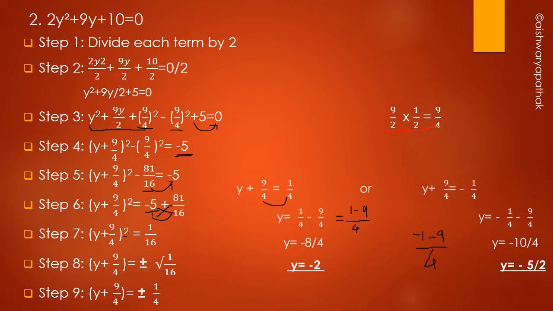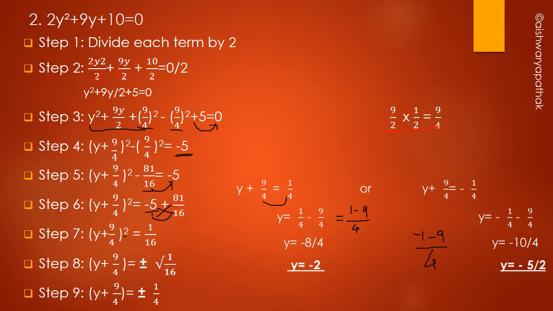So whatever we have got here, we have to put it twice, once with a plus sign and once with a minus sign. So here I have written first plus 9 upon 4 whole square and then minus 9 upon 4 whole square, and the remaining plus 5 as it is. Okay.